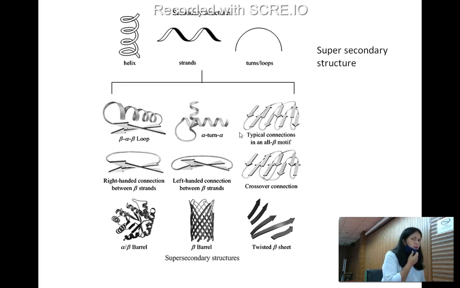Anup? No, ma'am. Okay, so what is super secondary structure? Can you just define it again? How is it formed? Ma'am, it is by association of different types of secondary structure, like helix, beta pleated sheets, loops, and turns. They associate together to form a super secondary structure. Yes. And you can give examples of a few of these super secondary structures and what their functional importance is. Okay.